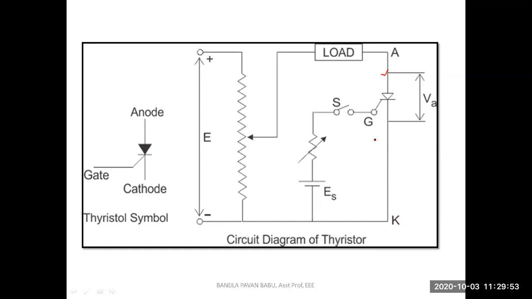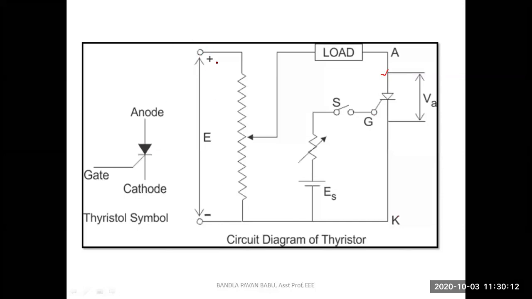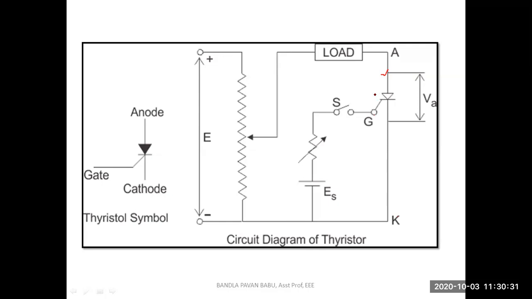In order to analyze the operation of this electrical switch, which is preferred for high power operations, this basic circuit diagram is used. This is the input part. Here a positive supply is fed with the help of a variable resistance. It is connected to the load and through the switch. What is the basic function of the switch here? It has to perform on and off, and that on and off should be controlled. That is the reason why it is called a controllable switch.